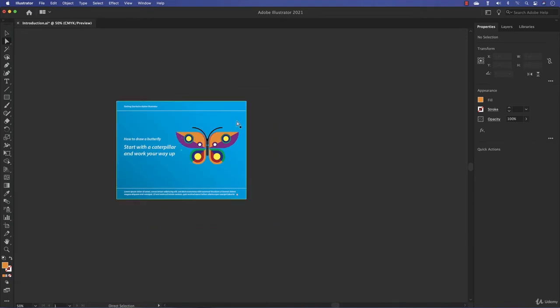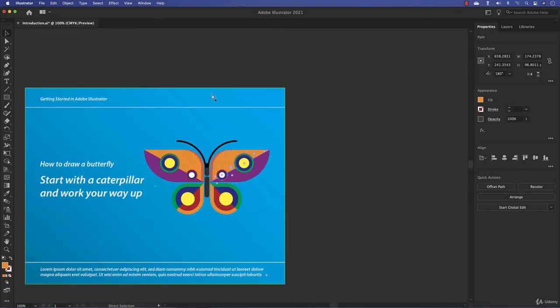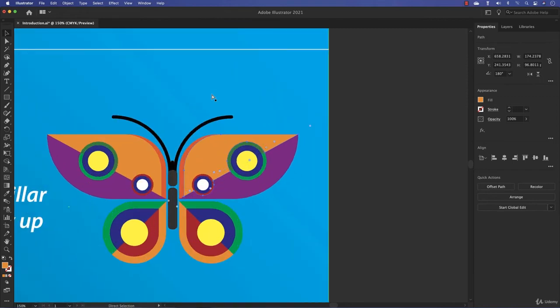So this is a nice, fun way to do zooming in and zooming out. But there is better. Most of the time, we don't want just to zoom in. We want to select an object and zoom on this subject. I will go for the selection tool. The shortcut here is Command and equal sign, or the plus sign on the main keyboard. Here you are. Notice the object has now been centered in the middle of the screen